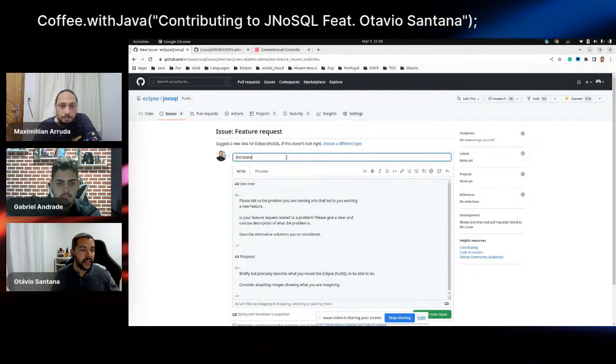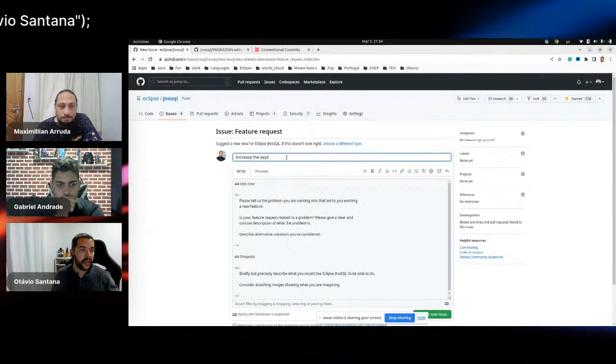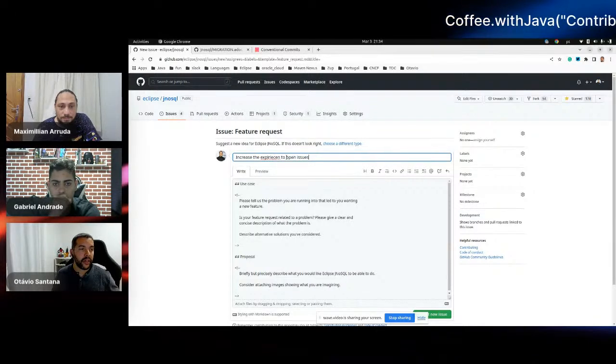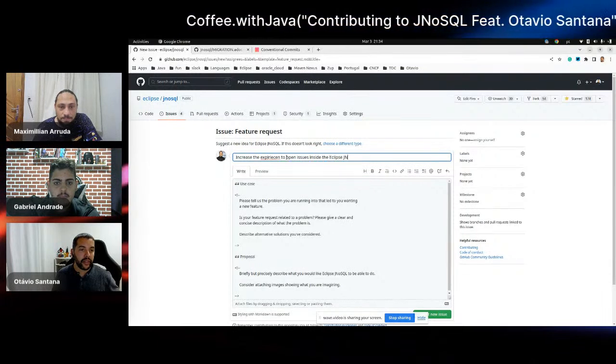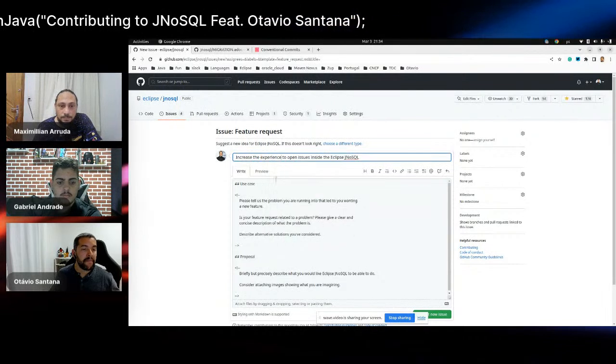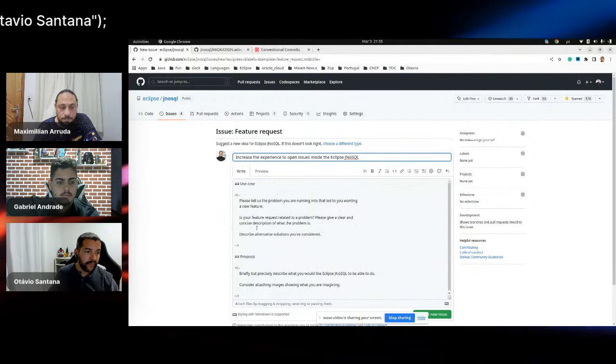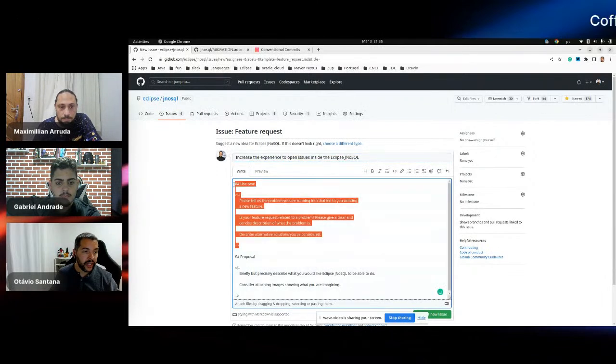Increase the experience to open issues inside the Eclipse JNoSQL. Okay, that's what I want to do. I want to make the experience of putting code here better. I will describe my use case.